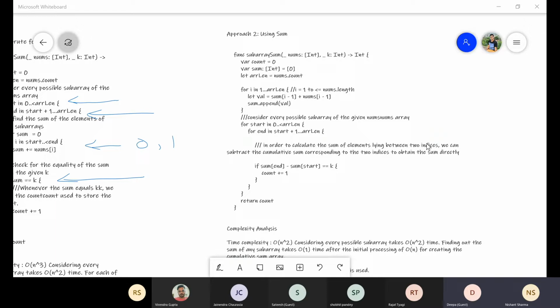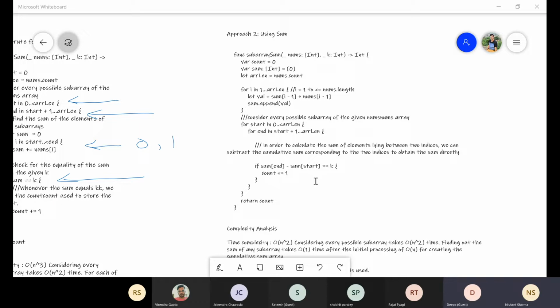That would be our logic because we want to get the sum of our subarrays. So instead of determining the sum every time for every new subarray considered, we can make use of a cumulative sum array. We will declare one sum array, and in order to calculate the sum of elements lying between two indices, we can subtract the cumulative sum corresponding to the two indices to obtain the sum directly.